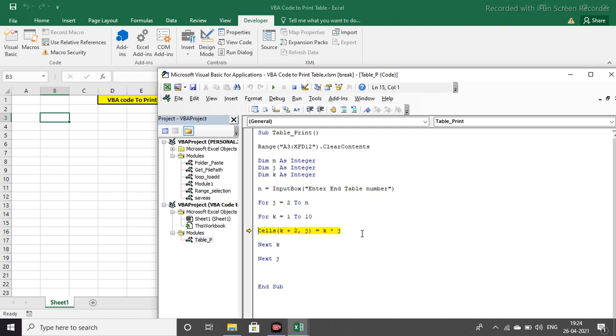Let's see in the VB code. As you can see, the cell here is 3 comma 2, as 2 has already been printed. Now again the loop will be executed. Now it's showing 4. As you can see, only the inner loop is executing now.